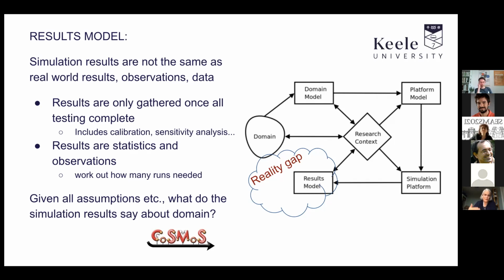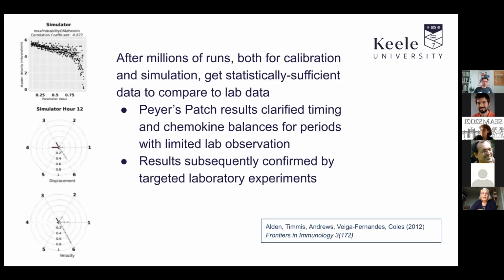So, given all our assumptions and our design decisions and our simplifications, and that's represented in the Cosmos diagram as the research context. Again, this is not a formalized model. It's a repository of everything you learnt on the way. So after millions of runs, and I think it was 500,000 runs to test the simulator and then more to get statistically relevant data,